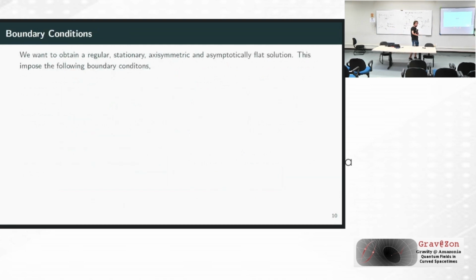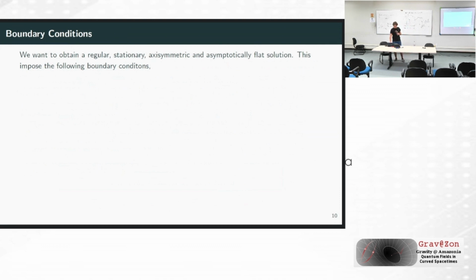The first point is to have an ansatz. The second step is to define the boundary conditions. So the boundary conditions here for the Kerr case, as you know, the Kerr solution is regular outside of the event horizon, is stationary, axisymmetric, and asymptotically flat. This type of symmetries will